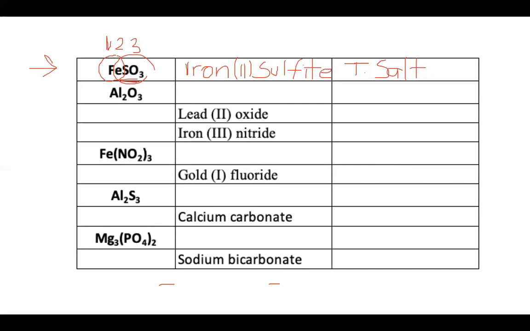Let's make the next example, okay? In our next example, we have two elements. We have aluminum and we have oxygen, okay? So since we have only two elements, we can say that this is a binary salt, okay? Normally, structures or compounds that have oxygen can also be called oxides, okay? So you can say that this is a binary salt or an oxide because it has oxygen,